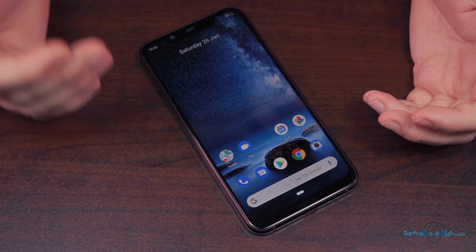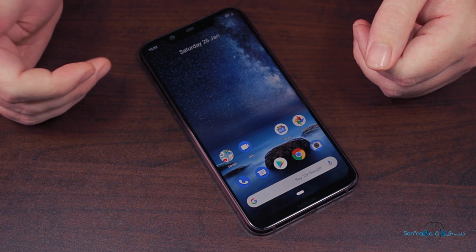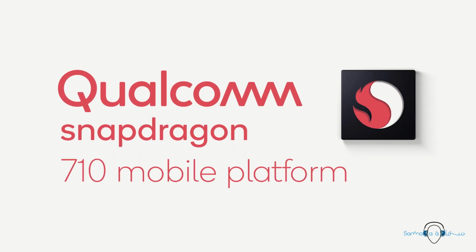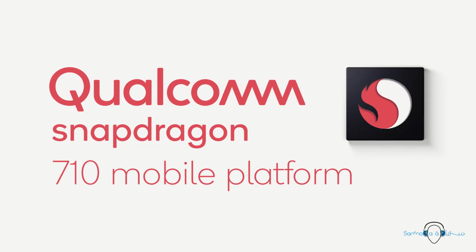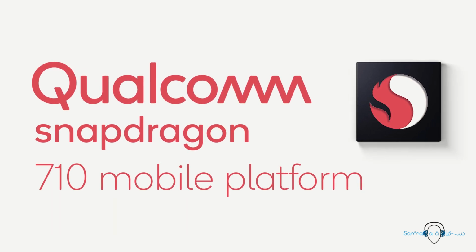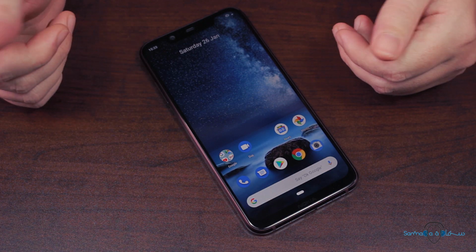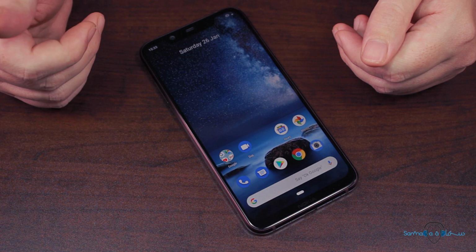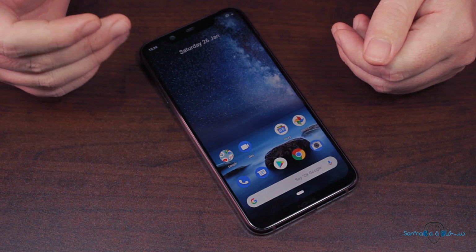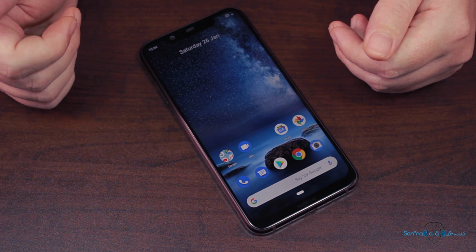Under the hood sits an octa-core Snapdragon 710 CPU along with 4GB of RAM and 64GB of internal storage. The Snapdragon 710 is a mid-range performance CPU which sits somewhere between the 600 and 800 series chipsets. According to Qualcomm, the CPU clusters of the 710 are up to 20% faster, whereas the GPU is up to 35% faster as compared to the performance of the Snapdragon 660, which incidentally was the CPU used in the Nokia